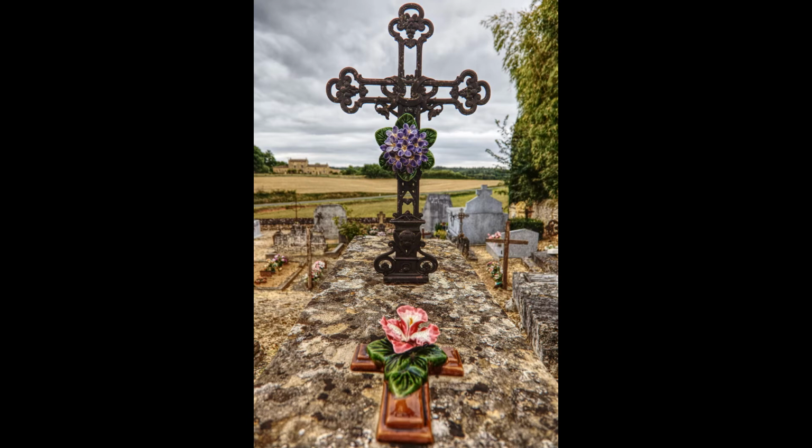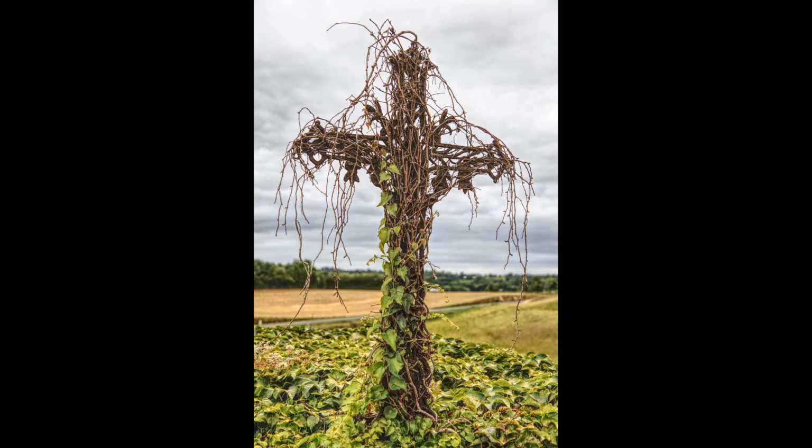And again, the ceramic flowers with a wrought iron cross in the countryside here in the Dordogne, and you can make out lots of other iron crosses as well in this particular graveyard. And here we've got another metal cross, and the vegetation has certainly taken to growing up and over this, and it reminded me very much of